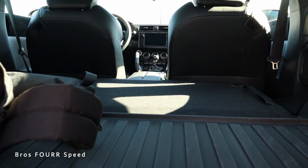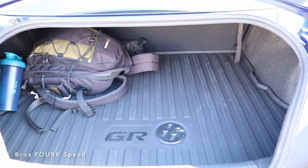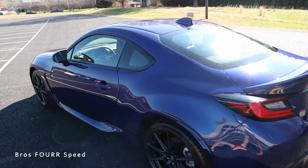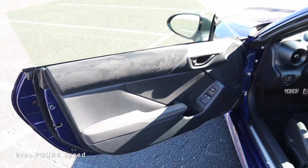And then you can also fold down the back seat. It is one continuous piece, but obviously that gives you a lot more interior space if you have some larger items. And then this is a lightweight trunk, so that is very easy to close. And now as we work our way to the interior, you can use lock and unlock on the key, or of course you can just grab the door handle and it will lock or unlock depending on what you're doing,